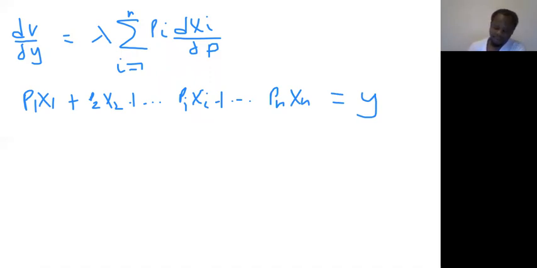This is going to give me P1 dX1/dPi, plus P2 dX2/dPi,